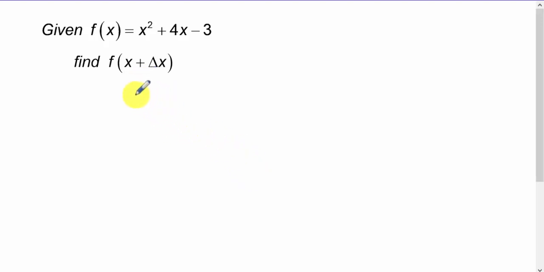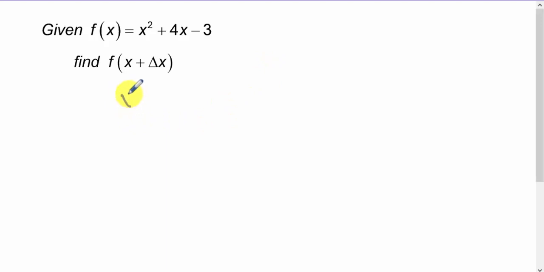This is a little more abstract. Again, we had that f of w plus 4 before. Well, now I've got two variables in here. I have x and delta x. And here's my function, which is a little more complex than the previous function. But again, I'm just taking out an x and replacing it with x plus delta x for every x that